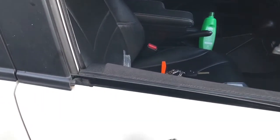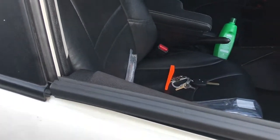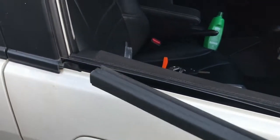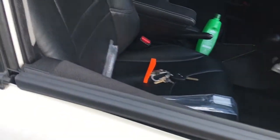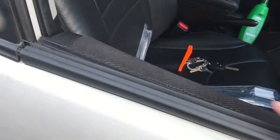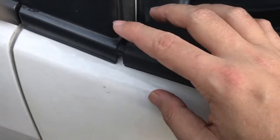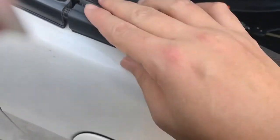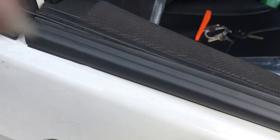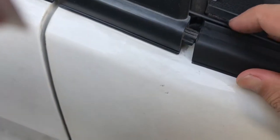So first, I'll install the weather strip with one hand. My left hand is holding the camera and my right hand is holding the weather strip. Okay, first you need to prioritize this side, the left side, because there is a lock in here. Push this down, then make sure